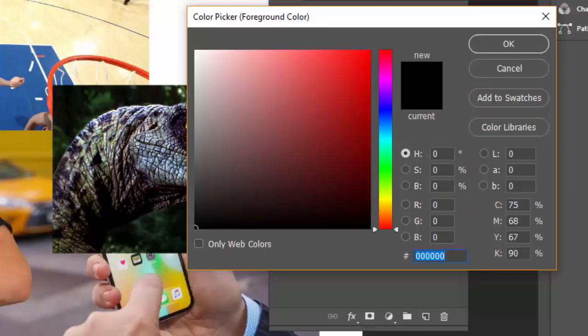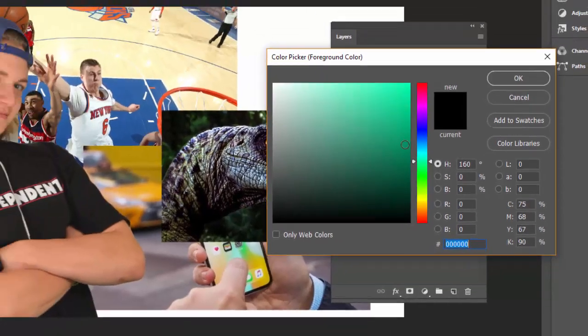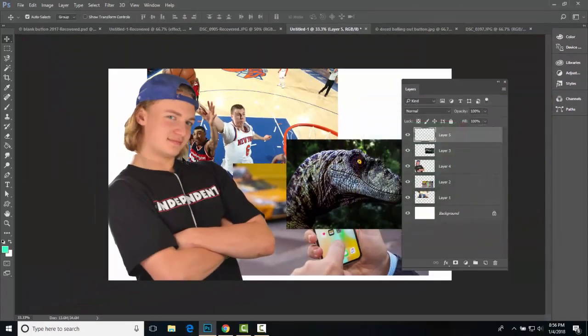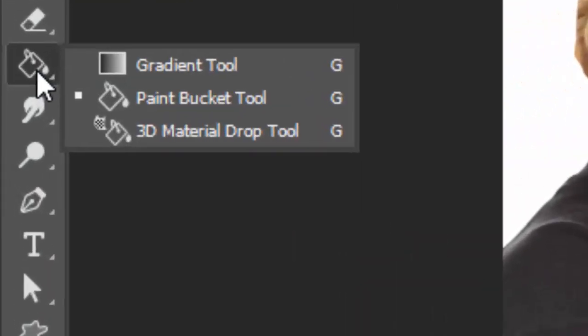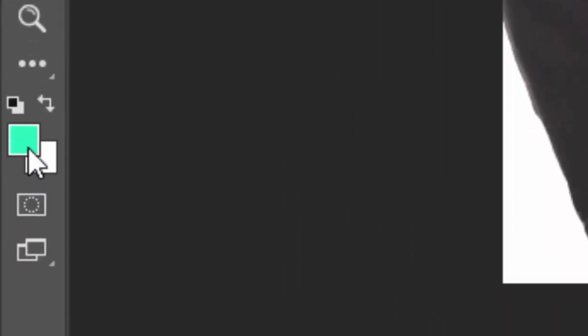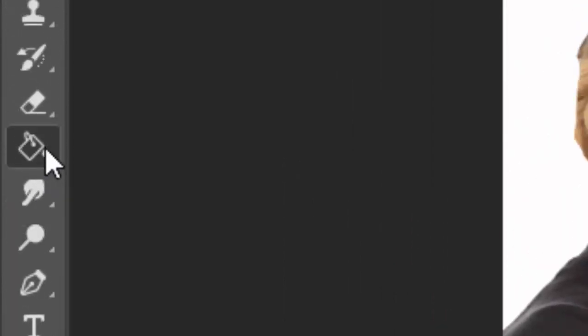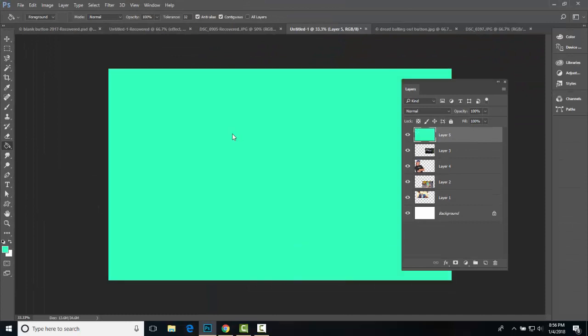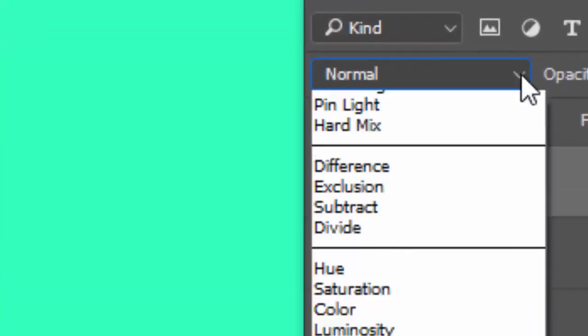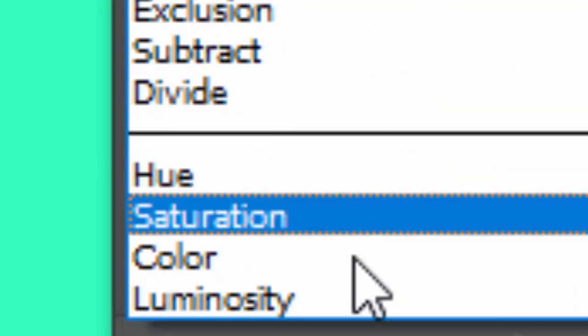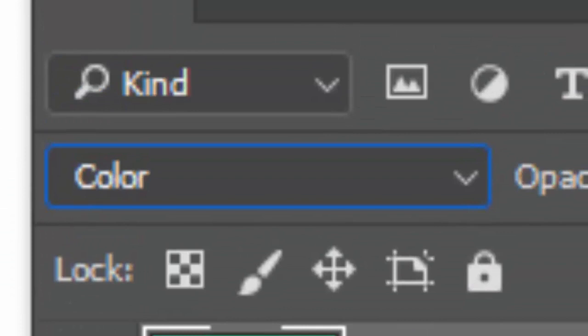And I'm going to go to the foreground color at the bottom of this toolbar, and we'll select kind of like this color right there, along with the paint bucket. So we selected this kind of light green. We're going to left click the paint bucket, and now when we click, it looks like everything turns green, but what we can do is add a blending mode. So I'm going to left click normal, and I'm going to jump down to the bottom,